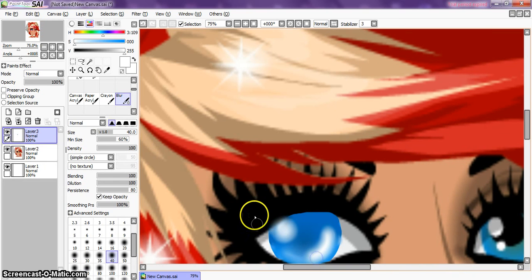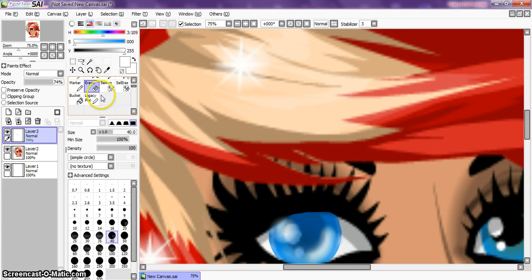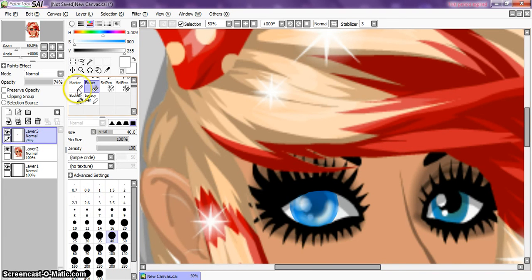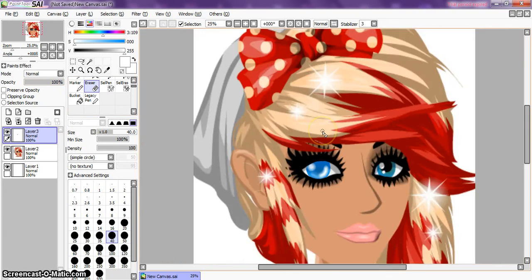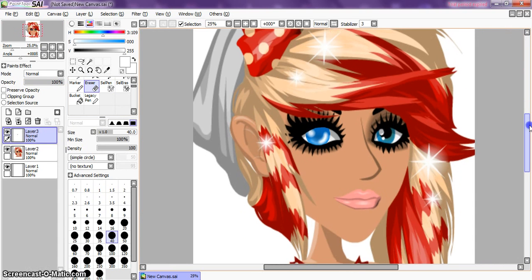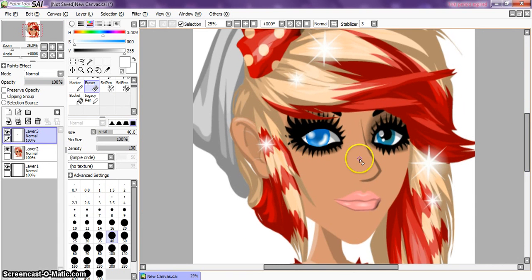Now, if you got it out here again, change the opacity back down lower, and go back to the eraser, and erase what you've gone over here with. So yeah, now you just change it back to 100%, and there you go. There is your eye. I'll be doing the lips in the next episode, but I hope you enjoyed this video,